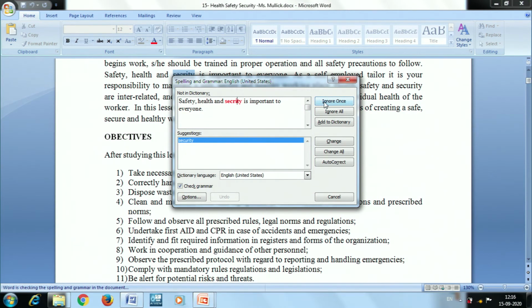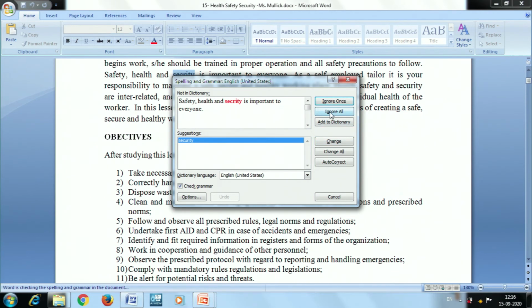Or I can ignore the suggestions given by Microsoft Word. Since this is the one word which is misspelled, it's showing the options for the particular word, and it has only one option. If there is the same mistake in many places, we can click ignore all.